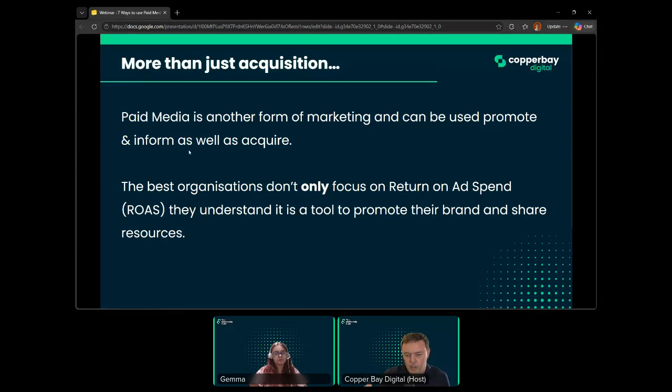So I think just to consider that paid media is just another cost ultimately across your marketing, and shouldn't be considered separate to other marketing activities as a whole. But if anything, the power in it is it gives you that return on ad spend. You can directly measure more easily what those costs are. So just to set the scene there around paid media and where it fits into your marketing